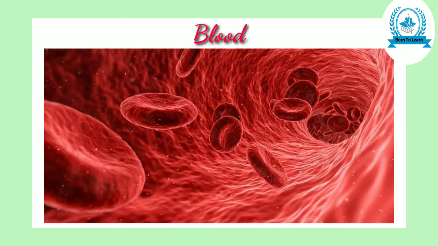Blood consists of four things: plasma, red blood cells, white blood cells, and platelets. Thus, the main components of blood are 1. Plasma, 2. Red blood cells, 3. White blood cells, and 4. Platelets. Blood is a liquid or fluid matrix called plasma with red cells, white cells, and platelets floating in it. We will now describe all the four components of blood in a little more detail.